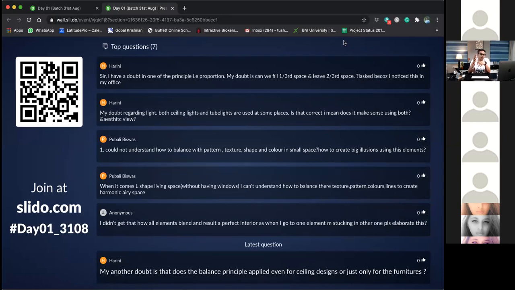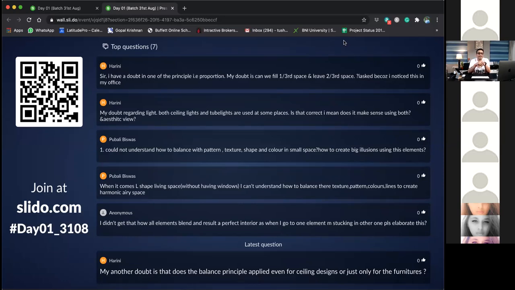Second thing, what I talked about is the pattern. Now, what do you mean by shape? Shape is nothing but a form, right? So form is your furniture. And color in a small space. So color definitely, if it is a small space, you need to use a brighter color or a lighter color, right? You cannot just go ahead and use something which is dark blue, gray, black, or maybe dark brown and all these colors, because that makes the room look smaller.